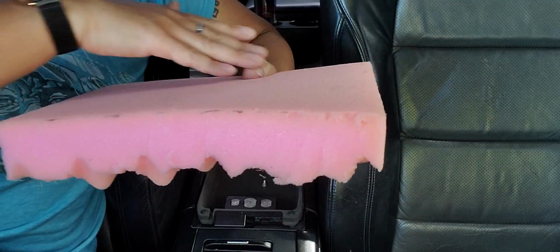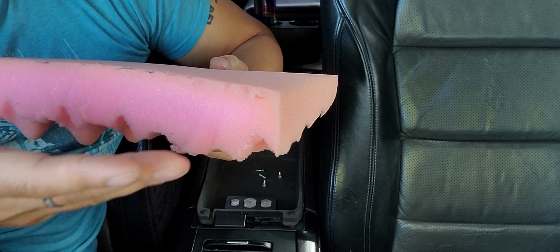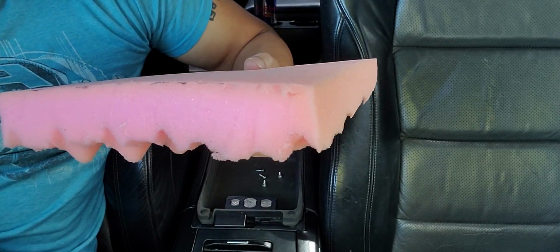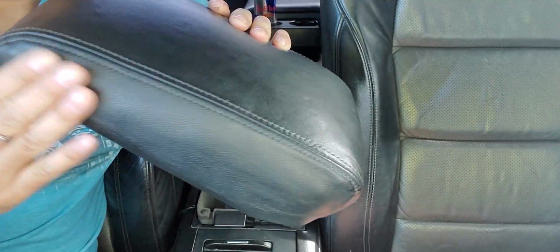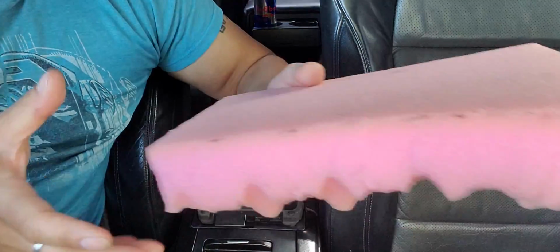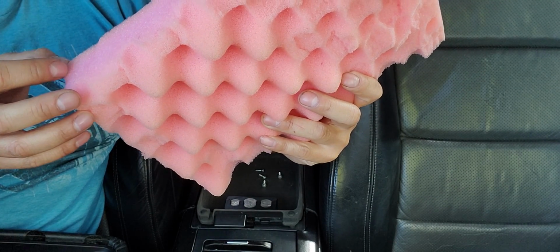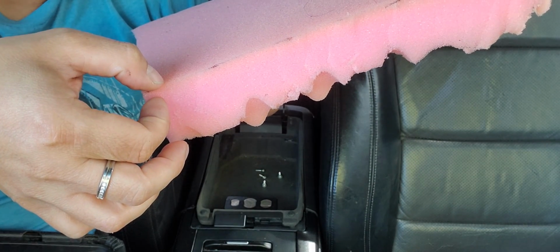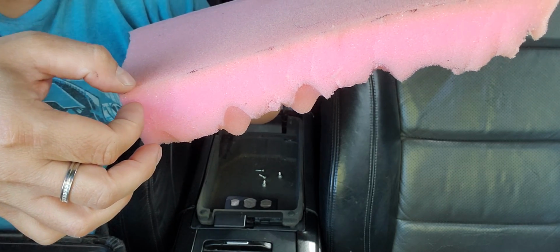So once you do the outline, you make sure you have like a sharp knife. Take your time, and then you cut it to the shape that you want. Now for the side, I did the same thing. I measure it. Now the side, you do not want to make it too thick. Maybe about this much. I guess that's about a millimeter. I'm not sure, but